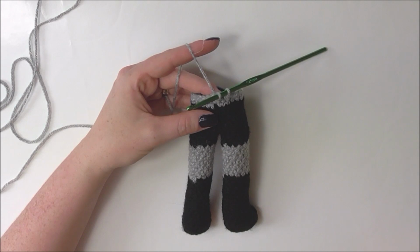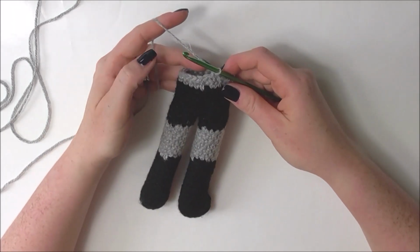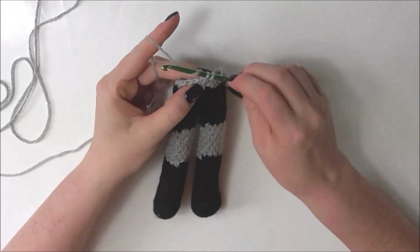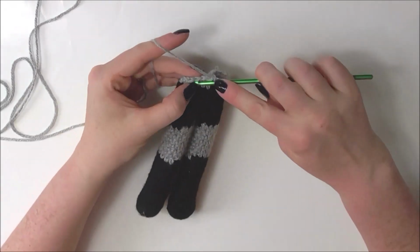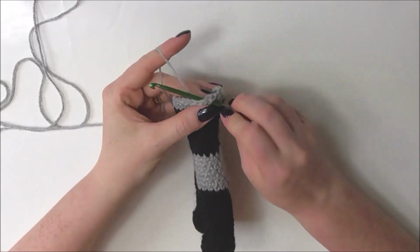On our next round we're going to increase to 24 stitches, and to do this we're going to single crochet 4 stitches and then we're going to do 2 single crochets into the following stitch, and we're going to do that 4 times. So single crochet 1, 2, 3, 4 and increase in the next stitch for 5 and 6,